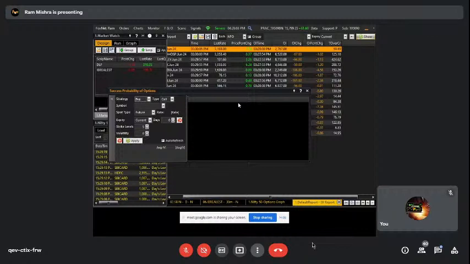I have seen that 3 days before expiry, if I want to go for a buy or a sell in any stock options, I can trade with the help of this option.